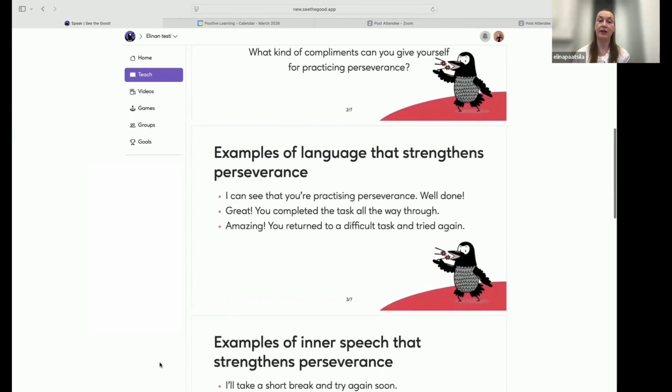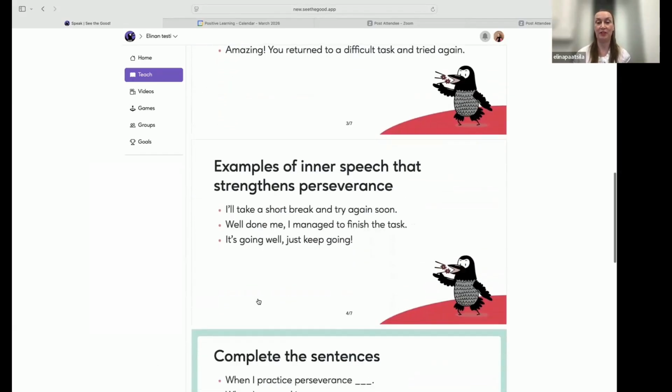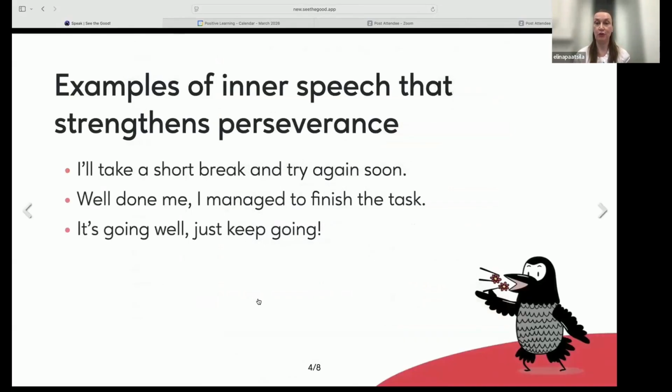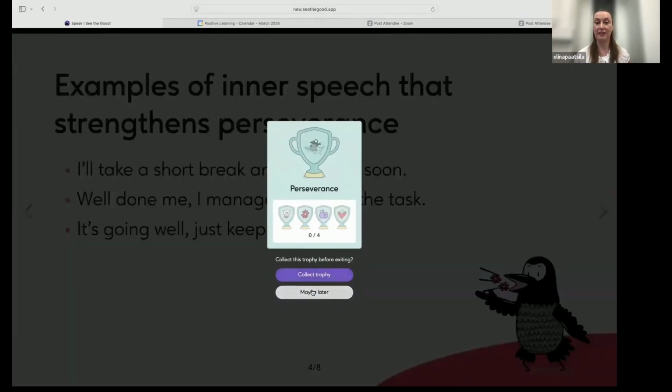And there are examples of what you can say, and this is about the inner speech that I just mentioned before. So an example of what to say to yourself in situations when you don't feel like continuing anymore, you feel like giving up. How can you help yourself? And then on the other hand, how can we help each other in the group?